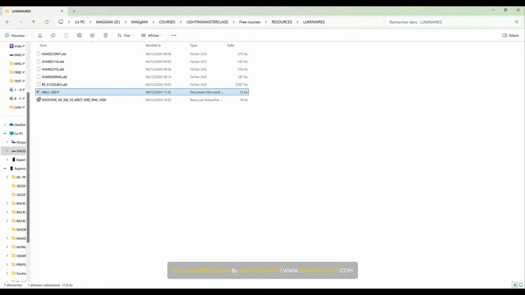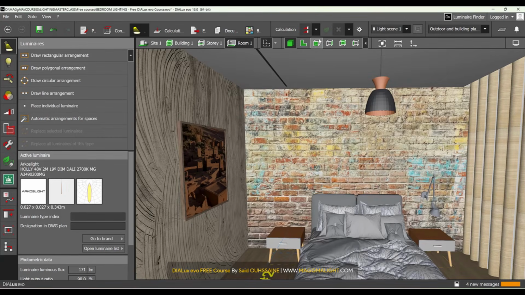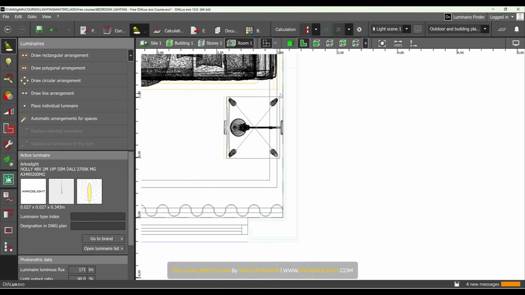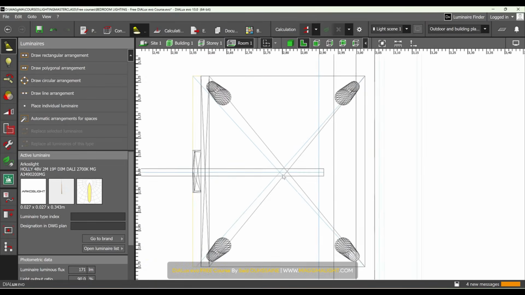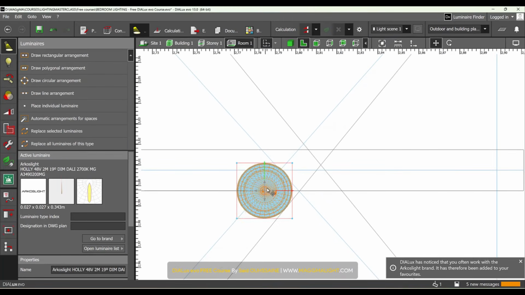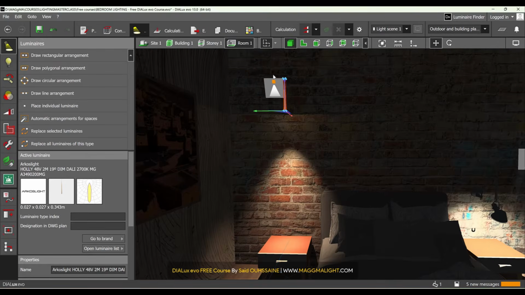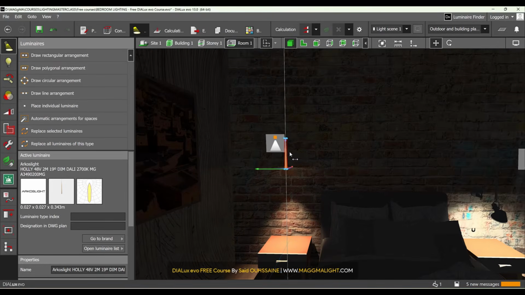To do so, I will go again to Luminaires. I will right click on this one. I will go to more options in DIALux evo. It's here. I will now go to here, the middle, the two lines we have drawn before. I will drag and drop it here. Then I will move it to the middle of these lines until it snaps to the middle, and that's good. I should move it down,